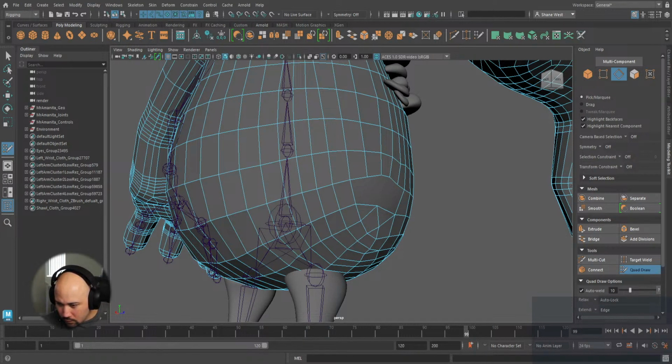Relax vertices, insert an edge loop. What do you cut? Tab middle drag, extend an edge loop, extend an edge, move an edge. Relax selected vertices. Okay, guess not. I'll have to look up videos on it later. I'm pretty sure there's a way that you can cut with that, but